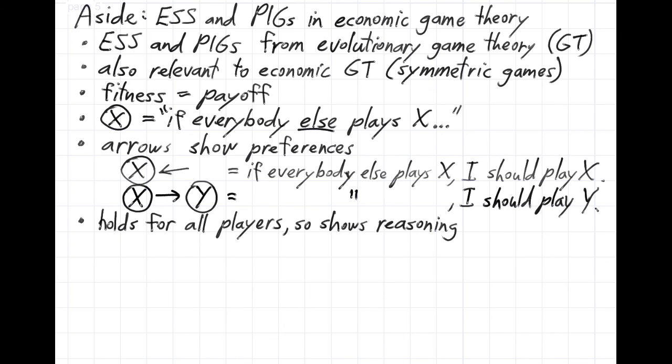If we have a population of all X, and every player then thinks, well, in that population, I should switch to Y, then the whole population, every player, rationally, will switch to Y. So we can use these pairwise invasion graphs to get a sense of how people are going to come to conclusions about what strategy to play. If they think along those lines, if everybody else plays this, then I should do that, then we'll arrive at